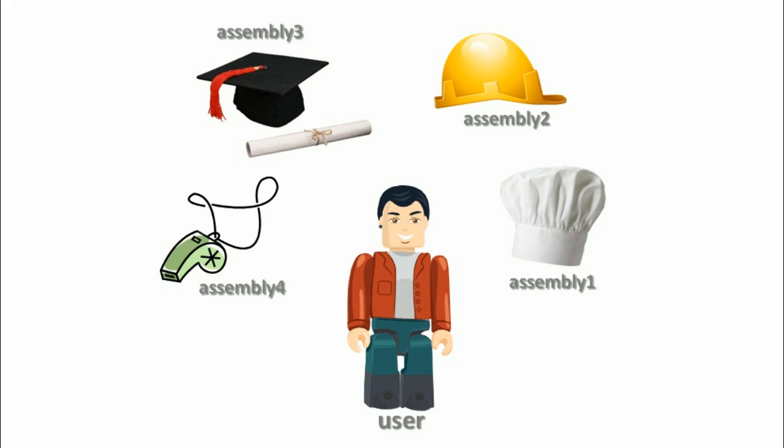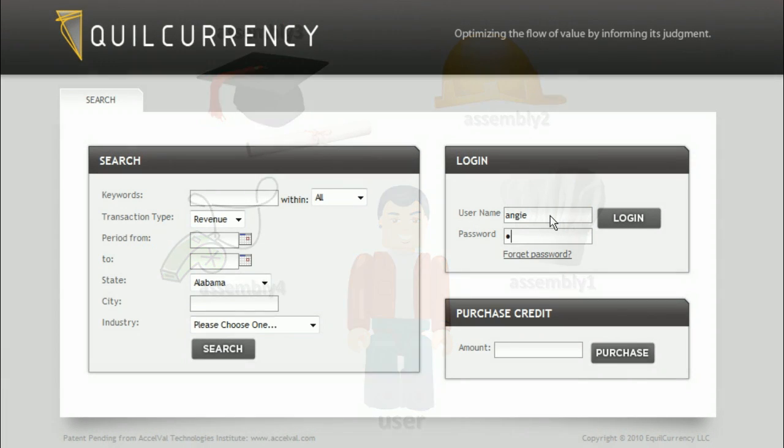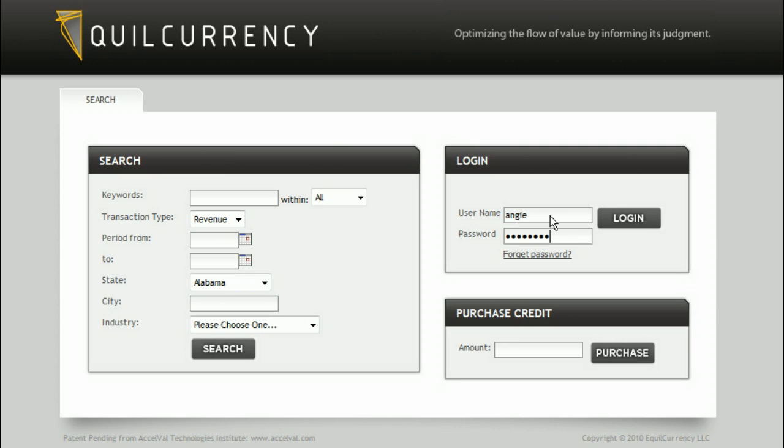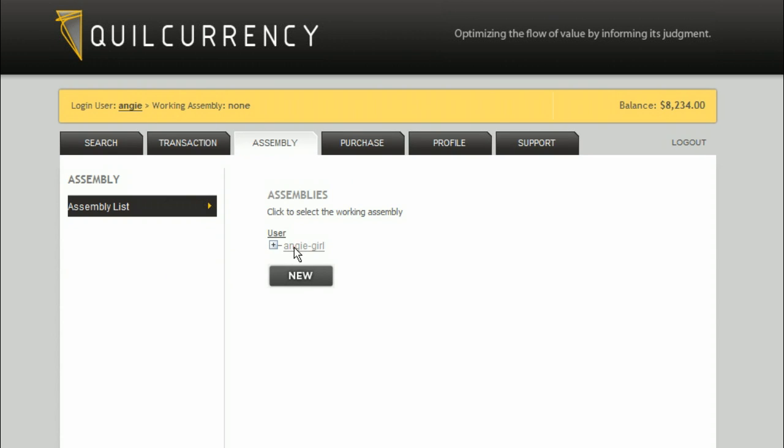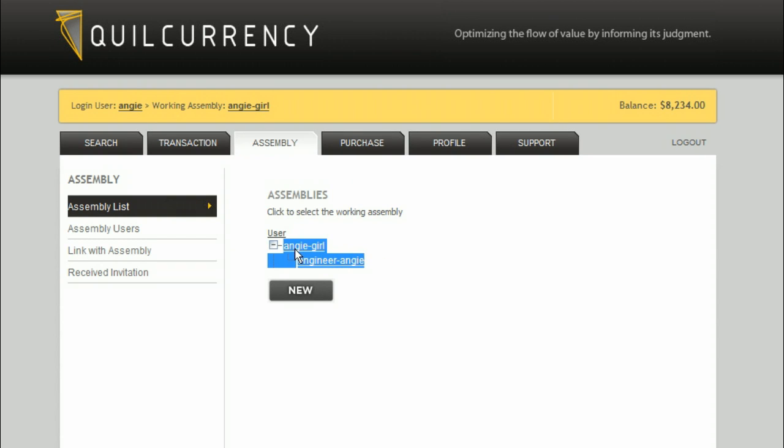Just as a handyman might have as many different tools within his portfolio to get various different jobs done, labor offered in the free market is in most cases a uniform. Not often does it fully account for the human behind the labor. So let's take a look at our first user. Angie has two different assemblies organized in a directory tree, which, incidentally, can have as many assemblies and sub-assemblies as she wants. So Angie's root assembly, Angie Girl, is the one she uses for all her personal, domestic, or consumptive